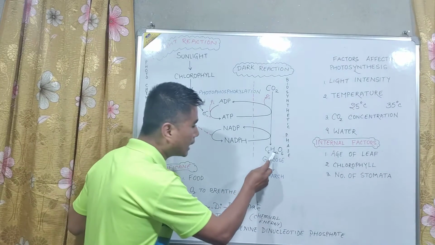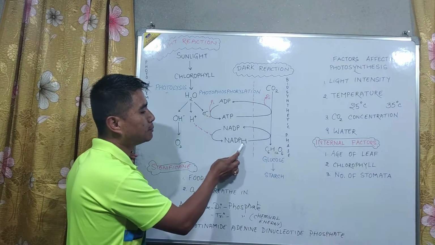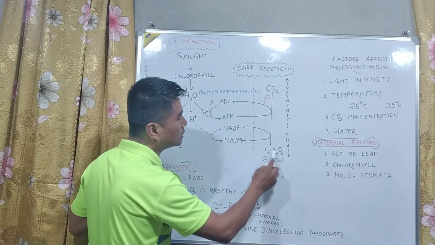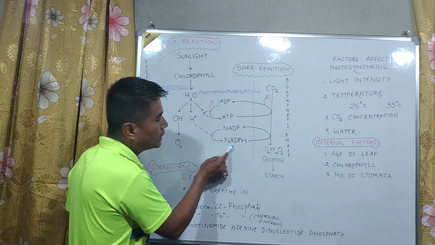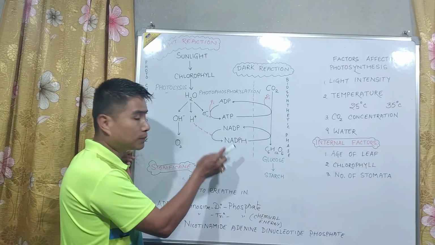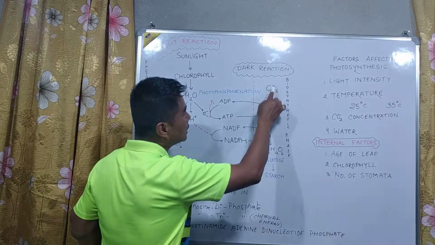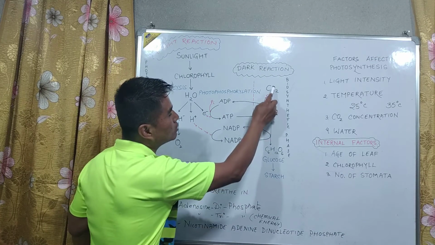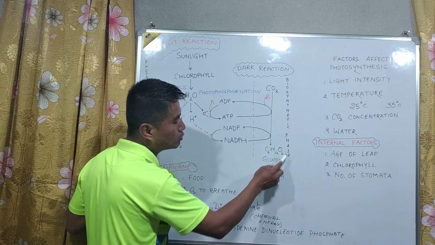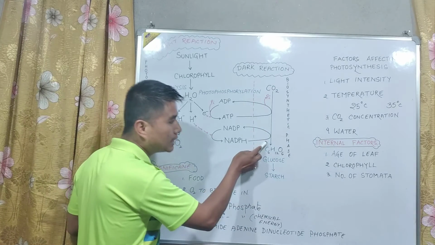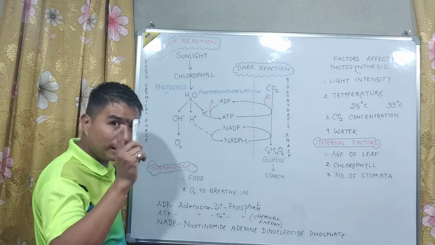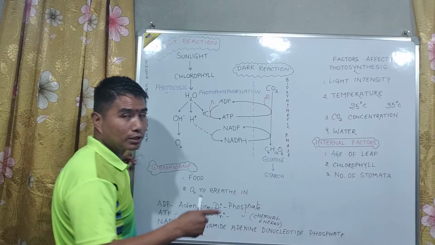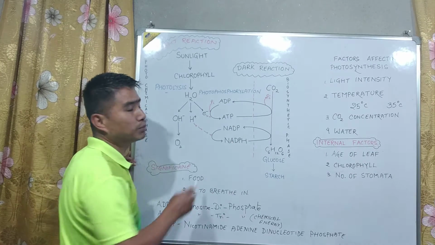Hydrogen. Now this hydrogen is supplied by this NADPH. So this H goes with CO2 and forms C6H12O6. That means NADPH acts as a courier boy, acts as a postman, and goes and unites with carbon dioxide and delivers hydrogen here. So when hydrogen is given to carbon dioxide, then C6H12O6 or glucose is formed, and in that case, what is needed? Energy is needed. Energy is needed to fix that hydrogen with carbon dioxide, and that energy is provided by ATP.